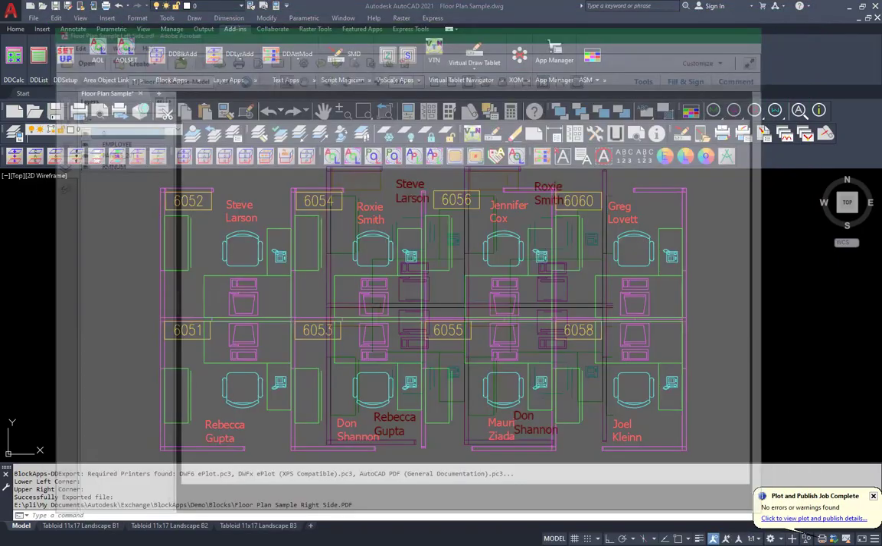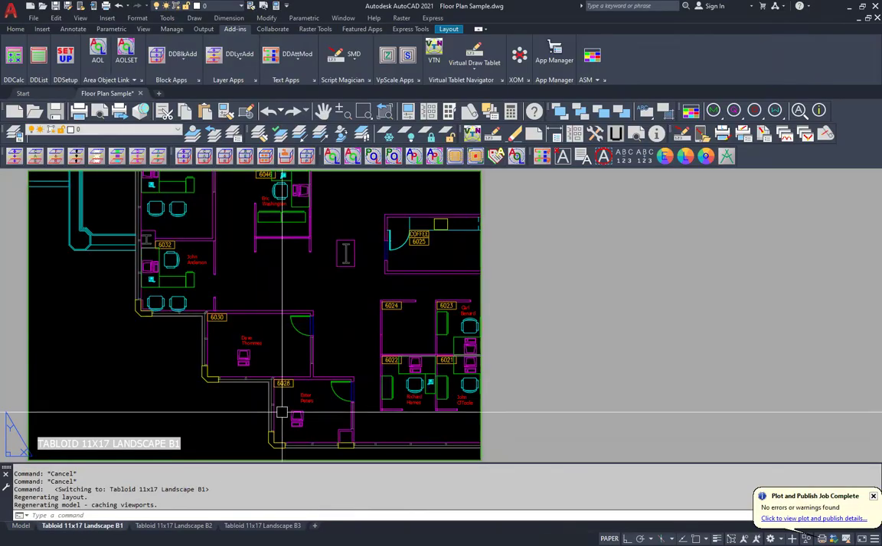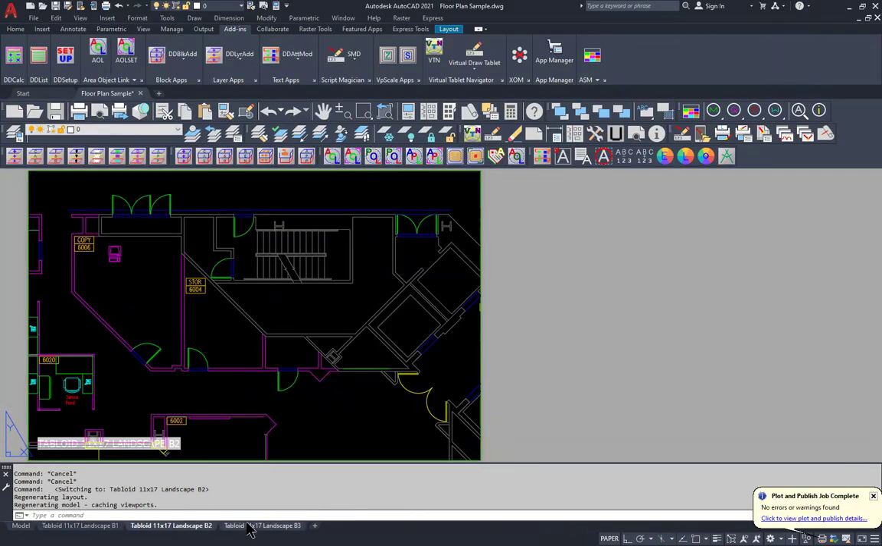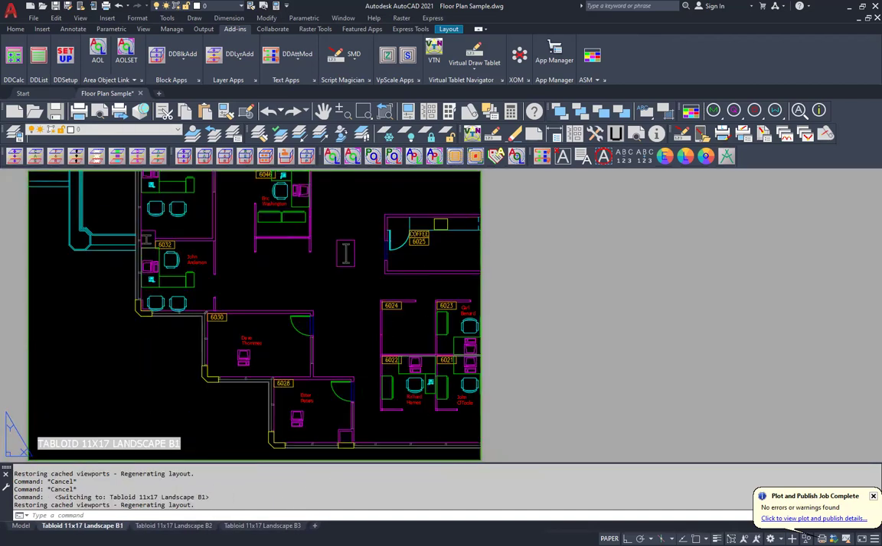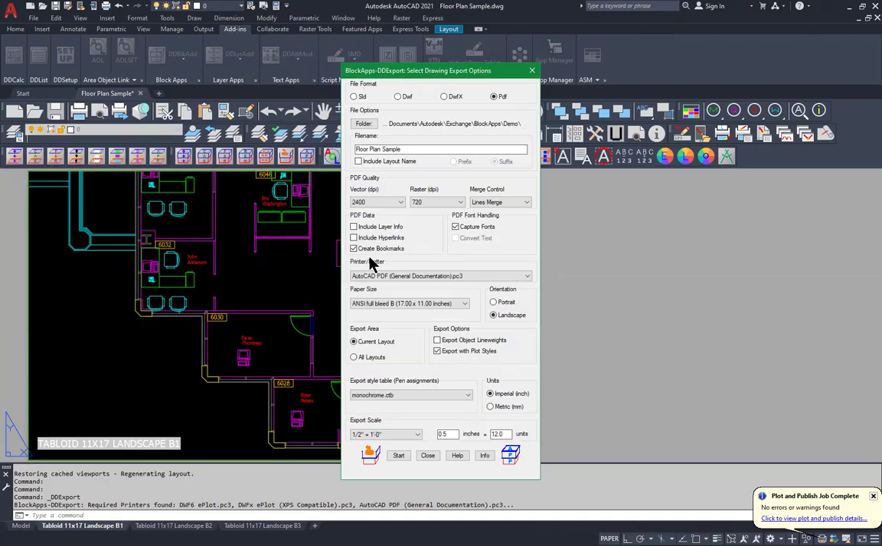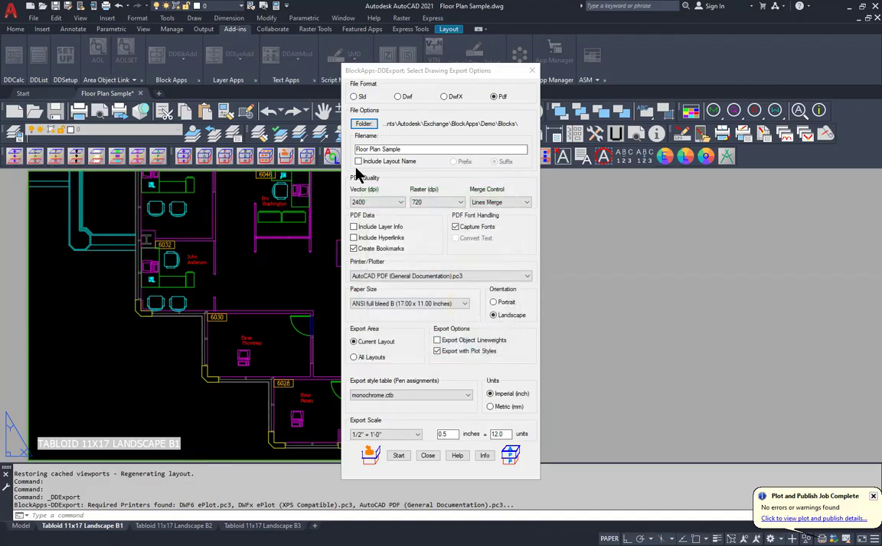All right, so now I'm going to demonstrate what happens actually in the layout. So in layout, I purposely have these three layouts set up, and I've set them up as 11 by 17 full bleed. All right, and I gave them basically B1, B2, B3. And now with this DDExport command, again, choosing the PDF option, I'm going to again select the blocks location to save this. And I can include the layout name if I wanted to, which is this layout name,